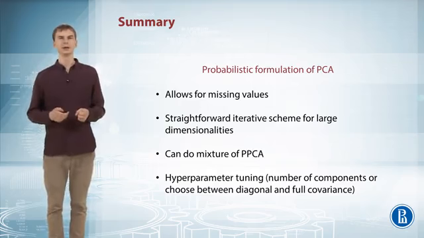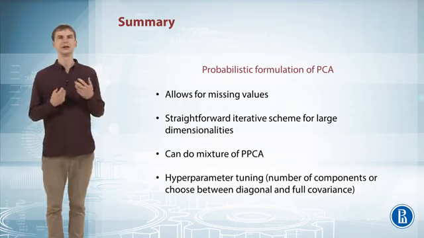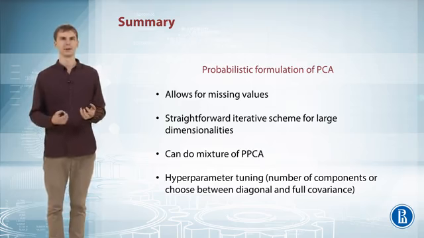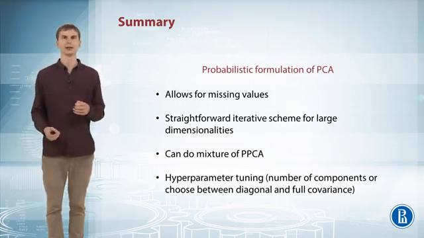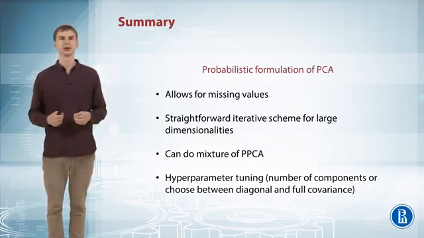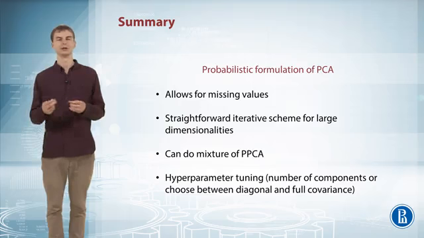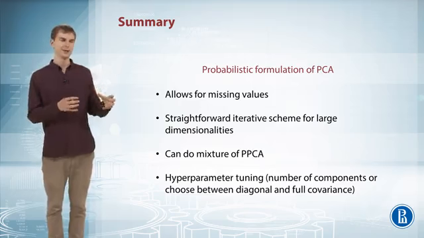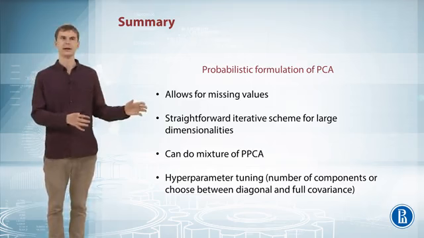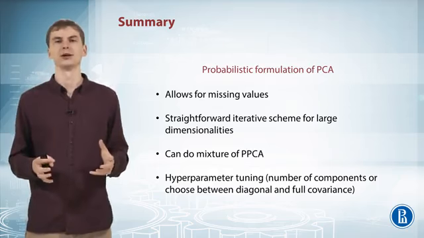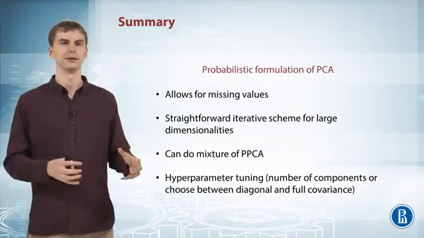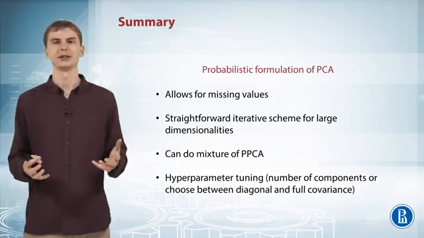Second of all, it gives you a straightforward way to build an iterative scheme to compute the PCA. So even if you don't have missing values, in some cases, if you have, for example, a really high dimensional space originally, and you want to project into a really low dimensional space, then PCA can be slow. And it can be faster to use some iterative scheme. And of course, there are several iterative schemes for doing PCA from the linear algebra community. But it turns out that you have to know linear algebra to derive them. You have to think carefully and it's not that straightforward.